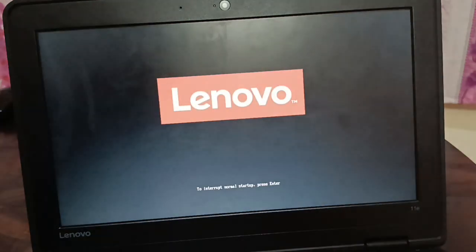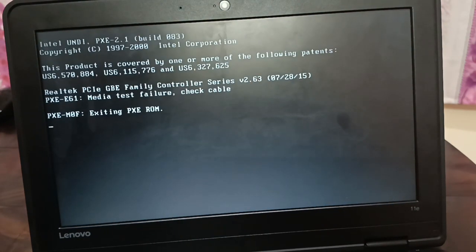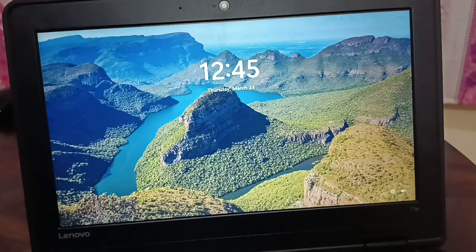You must be able to load your operating system. So these were a few easy ways that you can fix these problems and load your operating system. See, it needs to be working now. So finally now you can log in to your Windows 10 or Windows 11 PC, and you can